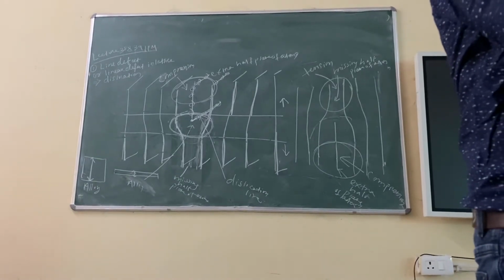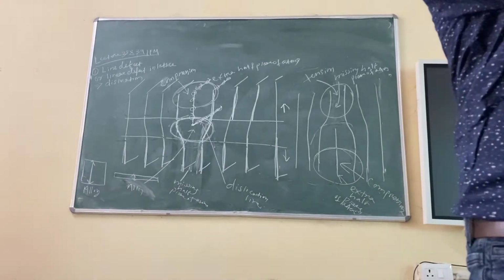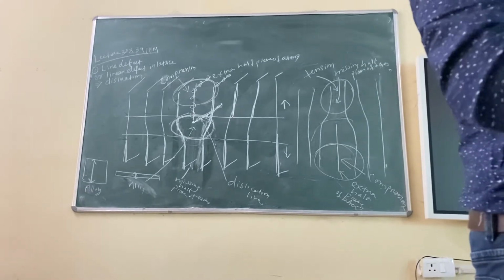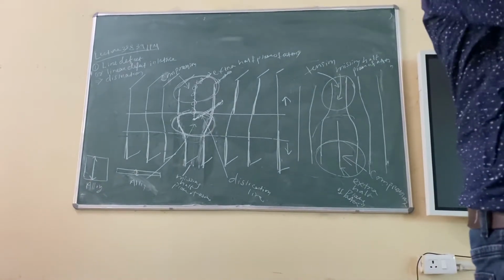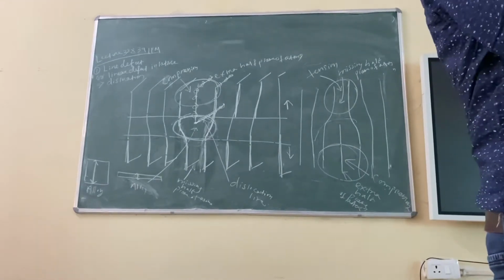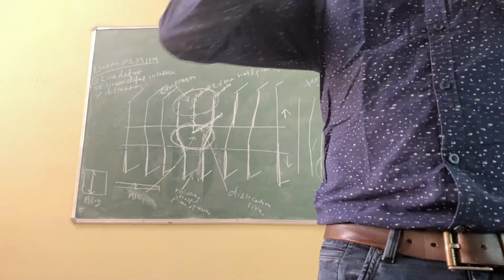In permanent deformation, there will be a permanent change in shape. The thickness will reduce, right? The thickness of the material will reduce. But in elastic deformation, there will be no reduction in the thickness of the material, because once you release the load, again the material will come back to its original shape. The dimension will not change, right? So what is happening? Bond length will only increase.